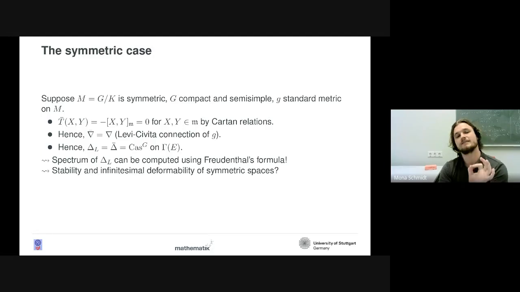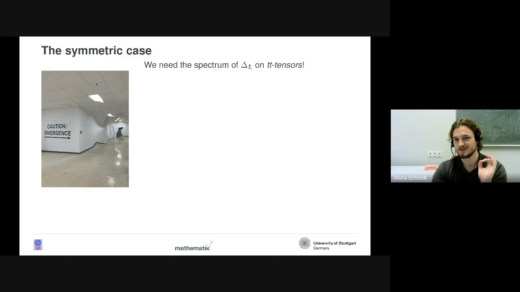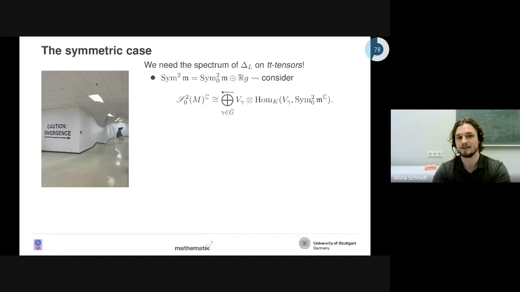Not exactly yet, because we forgot an important constraint. We forgot to consider the conditions of trace-freeness and divergence-freeness. So the condition that the tensor should be trace-free is easy to accommodate. We simply observe that this always splits into a trace-free part and a part proportional to the inner product. So we can simply consider the trace-free elements in this, and this behaves really well with this decomposition because it is just an algebraic property, and the metric is invariant, so everything is fine.